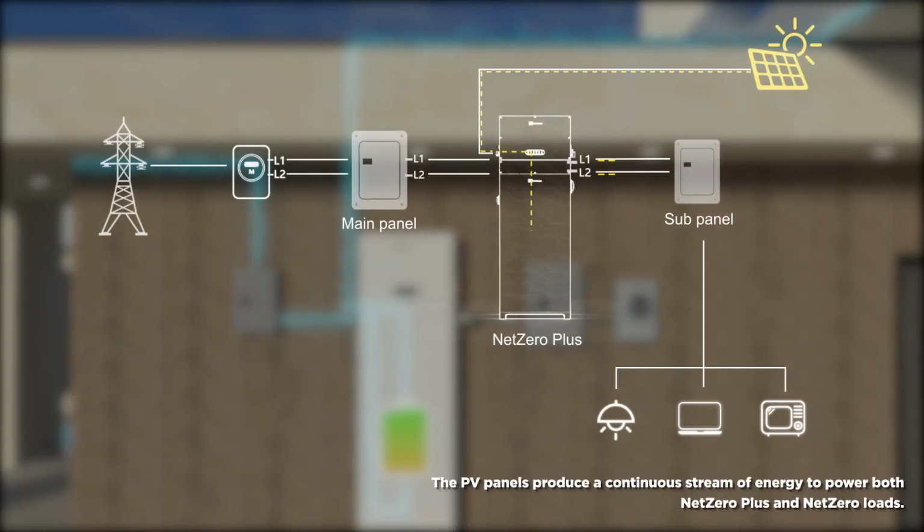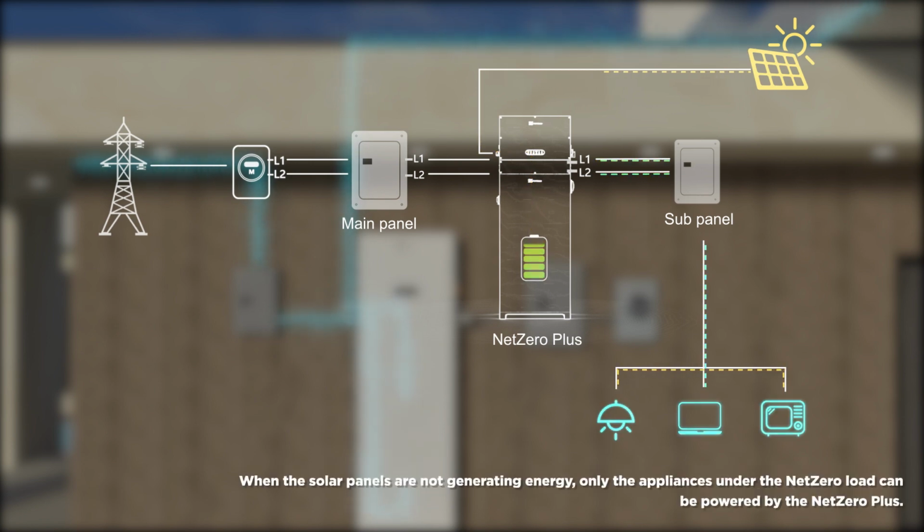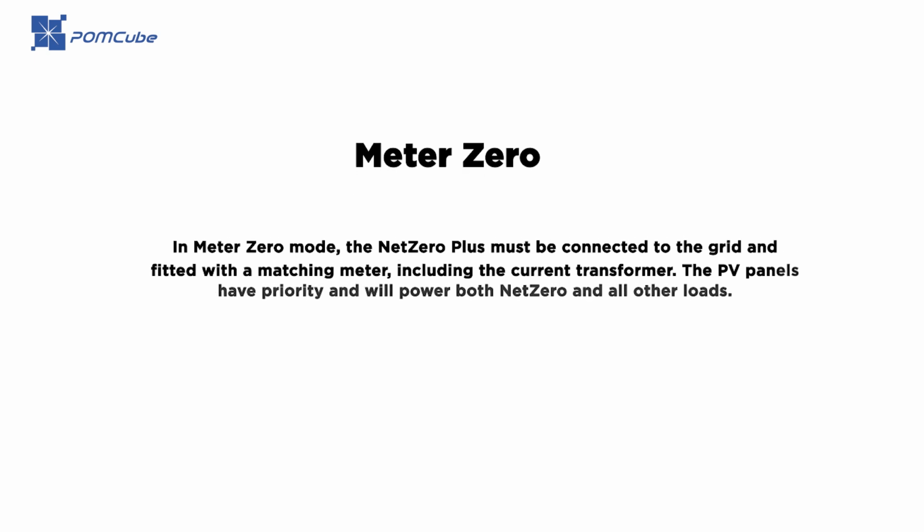The PV panels produce a continuous stream of energy to power both NetZero Plus and NetZero loads. When the solar panels are not generating energy, only the appliances under the NetZero load can be powered by the NetZero Plus. Meter Zero. In Meter Zero mode, the NetZero Plus must be connected to the grid and fitted with